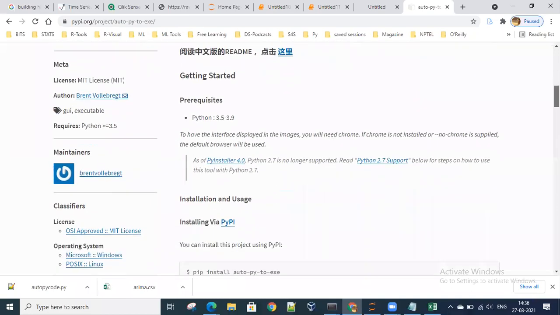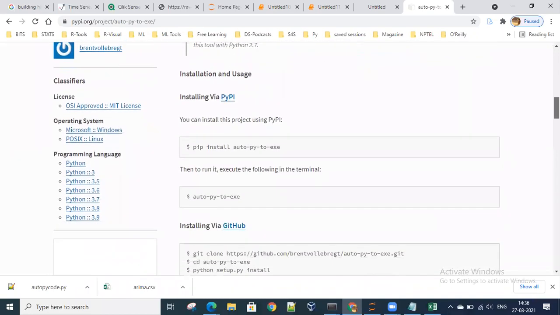And when you click on that exe, that output will automatically come. So I've been doing that only.